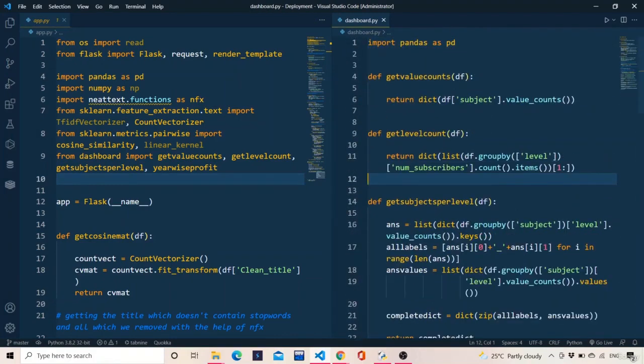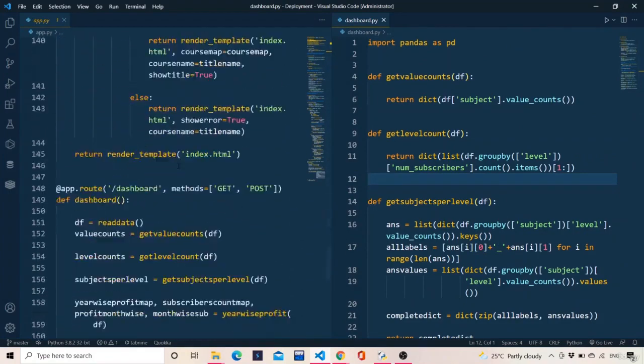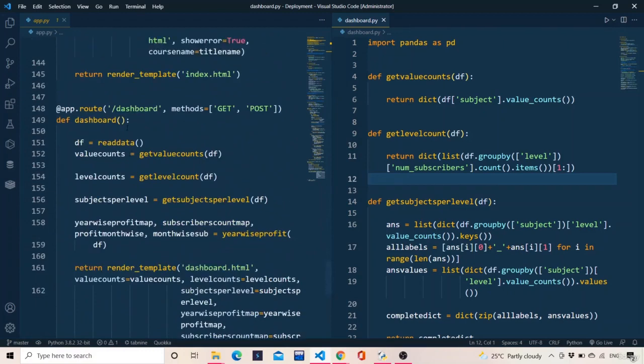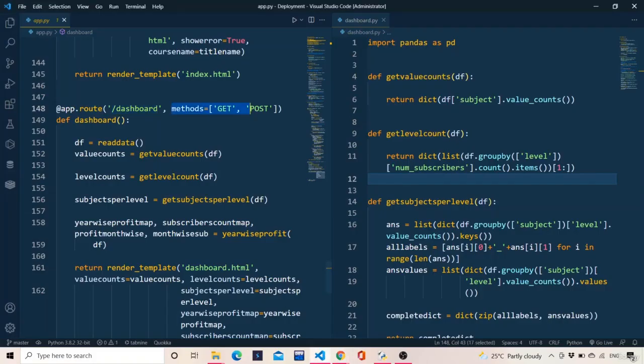Now I will be explaining to you each and every function of the dashboard.py. The first thing is the slash dashboard, which is nothing but our route over here. We can see we have this route as slash dashboard, right? And the methods to that route are get and post, and we define a function under this route that is nothing but dashboard. So we read the data because we want the data frame first. As I discussed the read data function in the previous video, it will read the data file, and then this get value counts function is defined in this dashboard.py file,